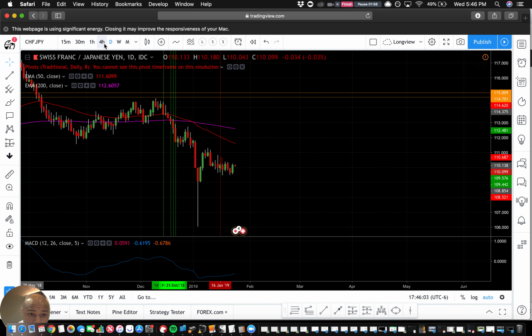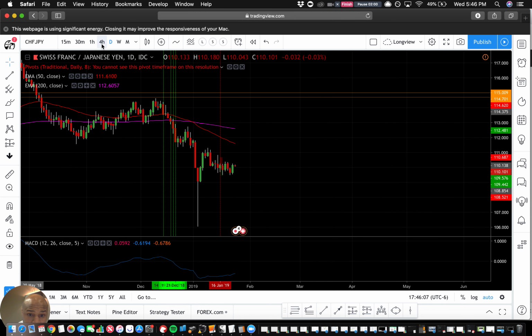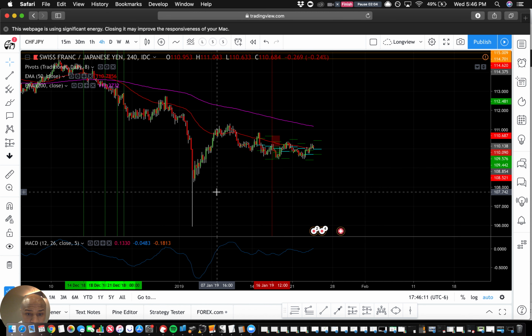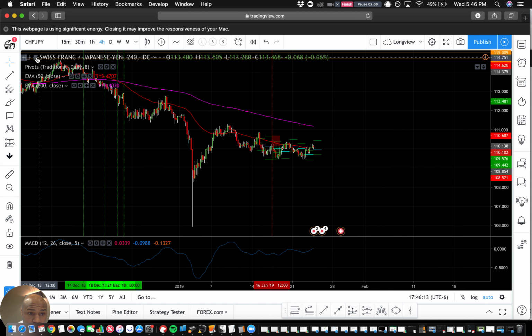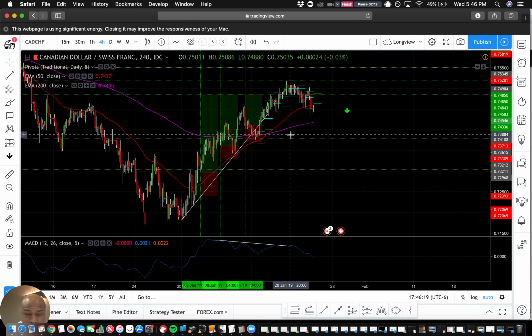Sideways as hell on the higher time frame. Sideways as hell on the daily. Yeah, I'm removing this from the list. I don't even know why I had that on there. Not right now. CAD CHF